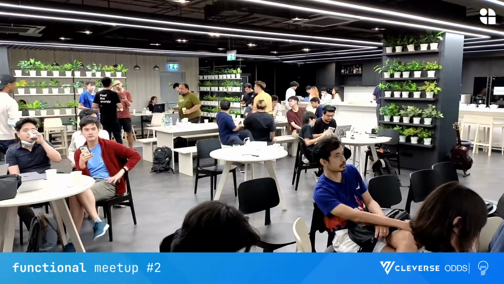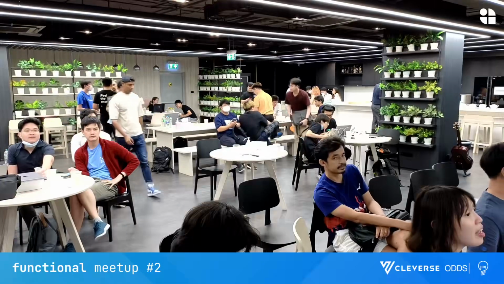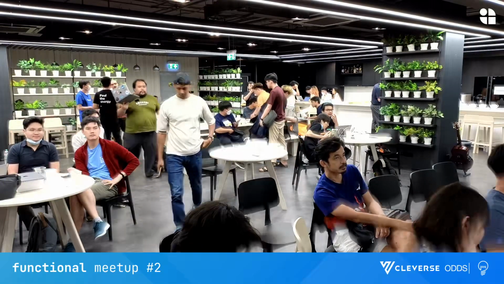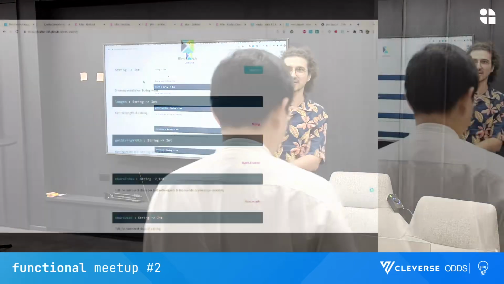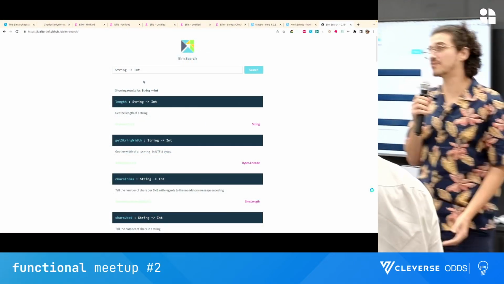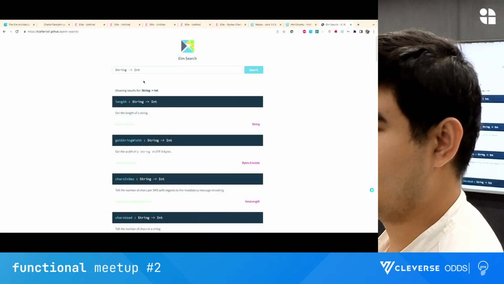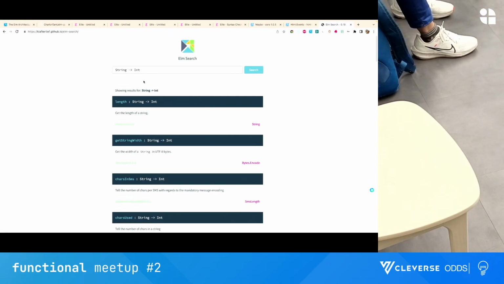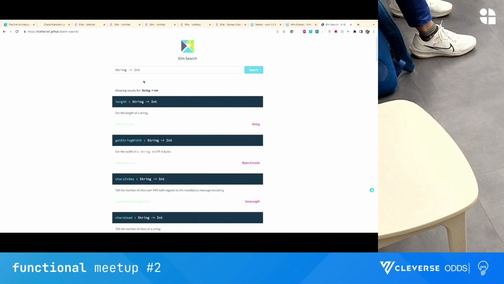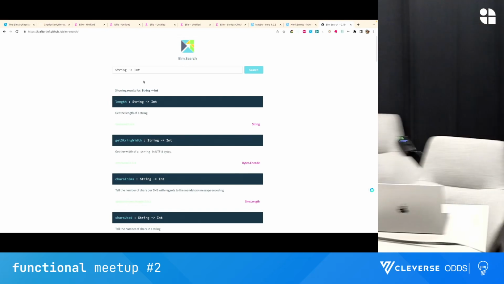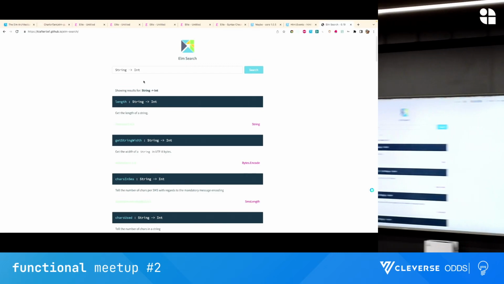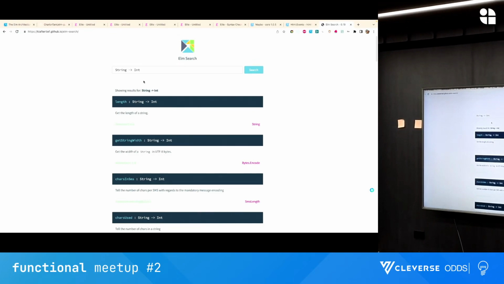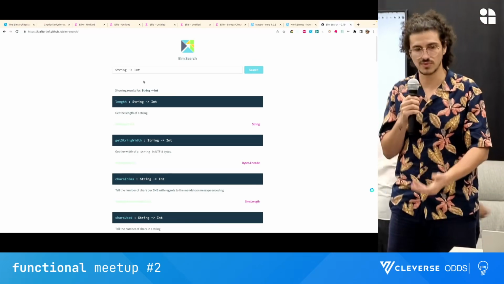So everyone, this is going to be pretty fast, so don't worry. I wish everybody could see real life programming with Elm. So I'm going to do a live demo, and I hope you will enjoy it as I do. I enjoy writing in Elm, and I'm going to show you what real life looks like.